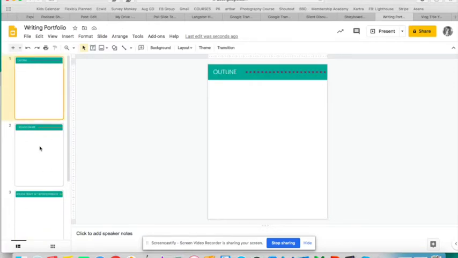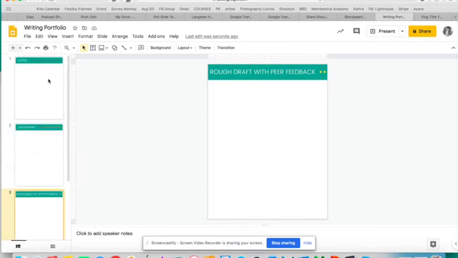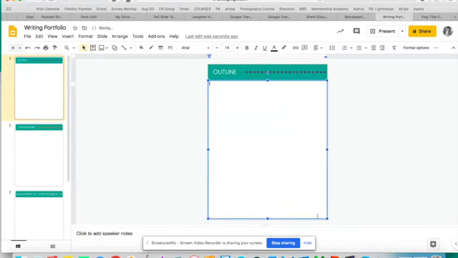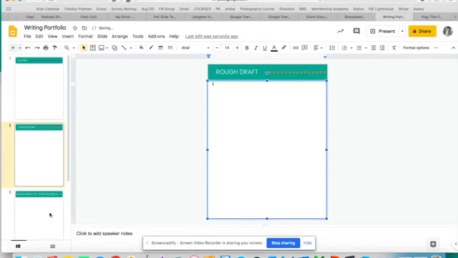It seems unlikely that they're going to be able to fit all this on just one page of rough draft. You know best how long your assignment is. You may need to create 2 pages of rough draft. You may need to create 2 pages of rough draft with peer feedback. But once you have this created, then you can insert text boxes and share a copy of this with your students. And then they're going to be able to go through and add as they need